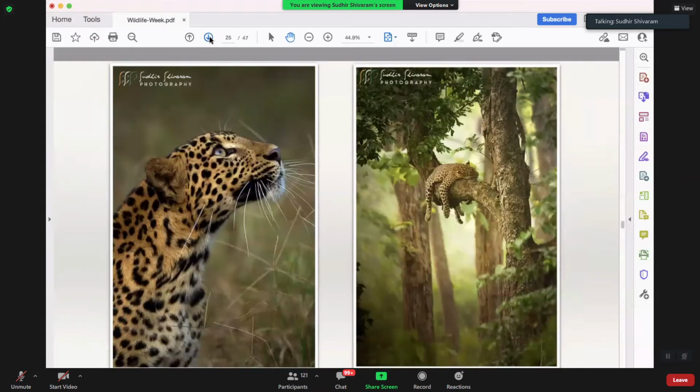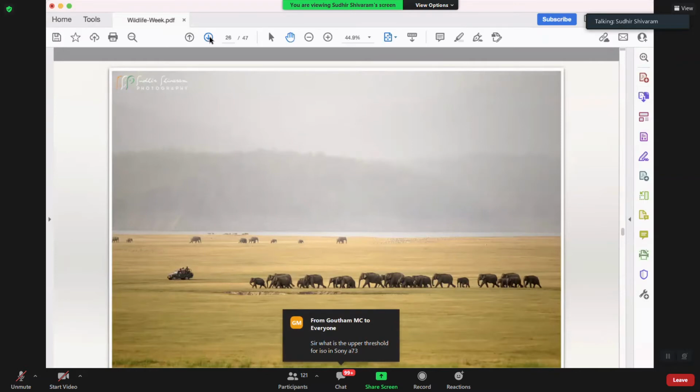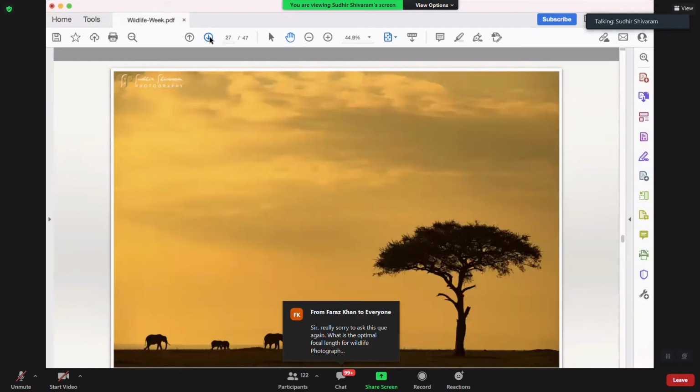So this is a proper habitat, and this is Dikala in Corbett. This is what you get in the month of April, May, June in Corbett, and that is why I recommend going in that season for Corbett. So these are the kind of habitat shots which I really like, which convey a sense of story.